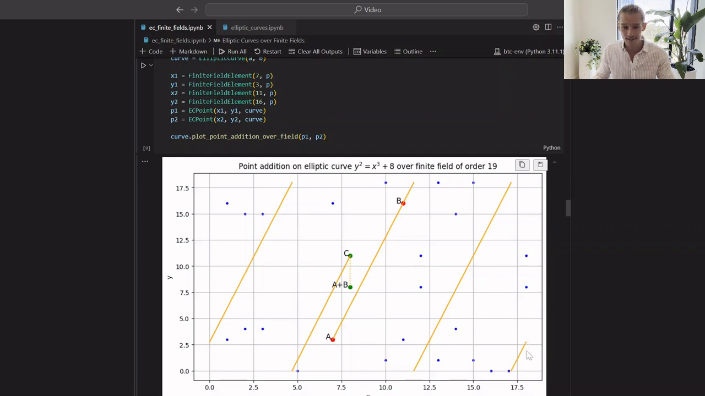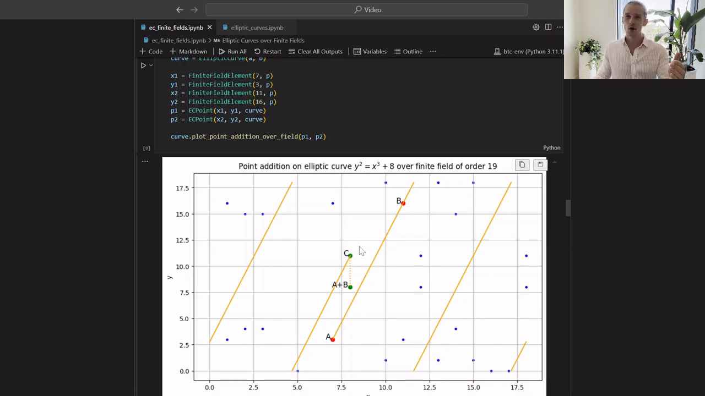Now it hits the 18 on the x-axis, so it wraps around to the other side of the x-axis, starting at 0, still continues with the same slope, hasn't hit a point yet, wraps around at the y-axis, back down to 0, same slope, and then it finally connects to a third point on the elliptic curve, this point C here. And then once we find that point, then all we need to do is we need to reflect over